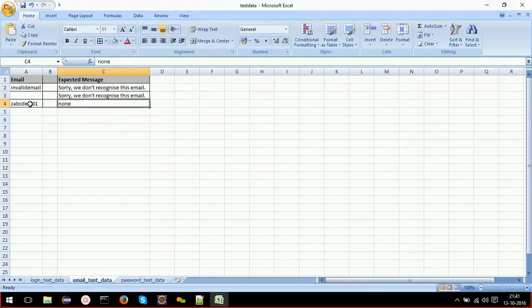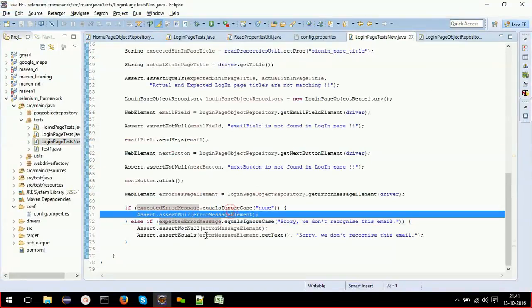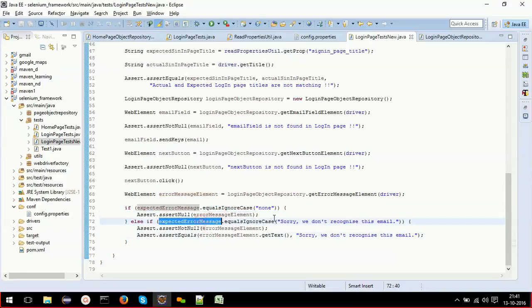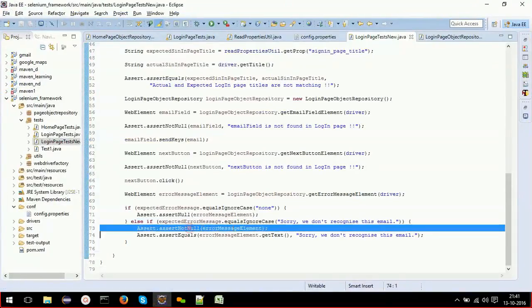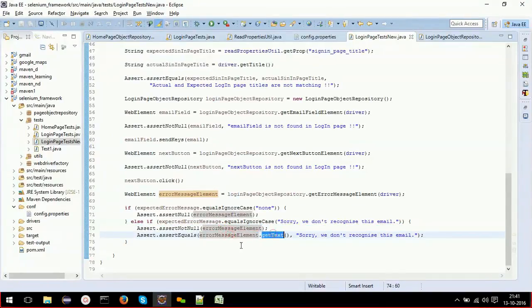If that is none, that means this is a valid case and your error message should not be present. And if expected error message equals this, that means your error message should be present. Since the error message element is present, I am getting the text of that error message and verifying it against this one.